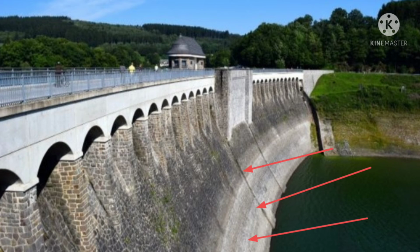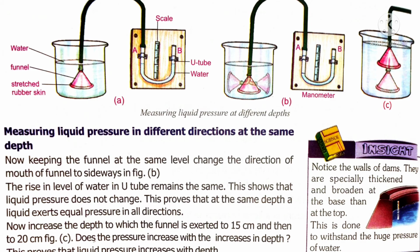It is broadened at the base than at the top. This is because when you move down inside the water, with greater depth from the top, the pressure of the liquid increases. We can say that with increase in depth, the pressure of the liquid will be increased too. This is the reason the base of the dam is made broad, in order to withstand the high pressure exerted